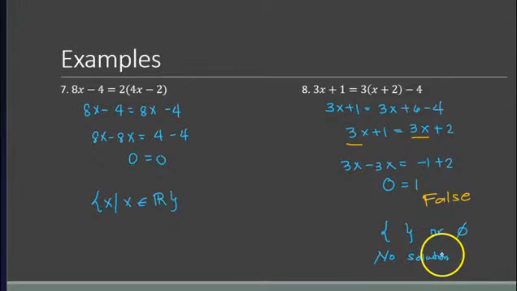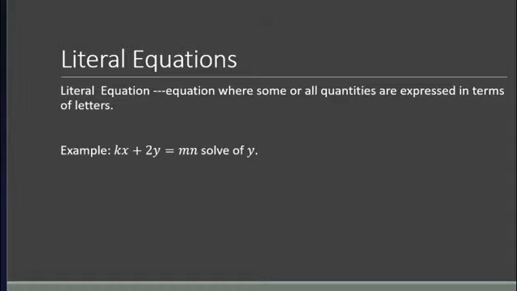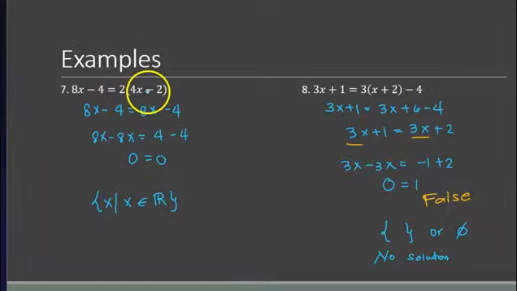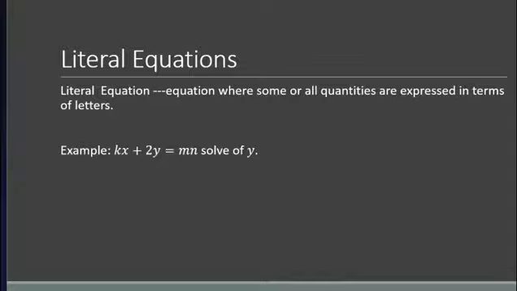Now, this one is similar, but what is the difference of a literal equation? In a literal equation, there are a lot of variables. If you compare it to the problem that we had earlier, you only have one variable x. In literal equations, there are other variables, but you only want to solve for one variable. In this case, we want to solve for y. So how do we solve literal equations? You're going to treat this like a linear equation. Just think of this as the variable and treat the others as constants.